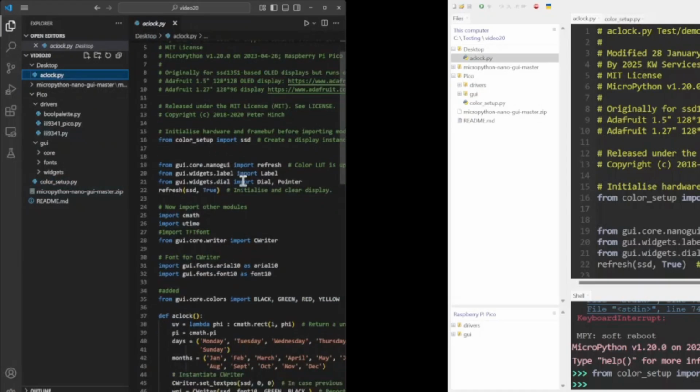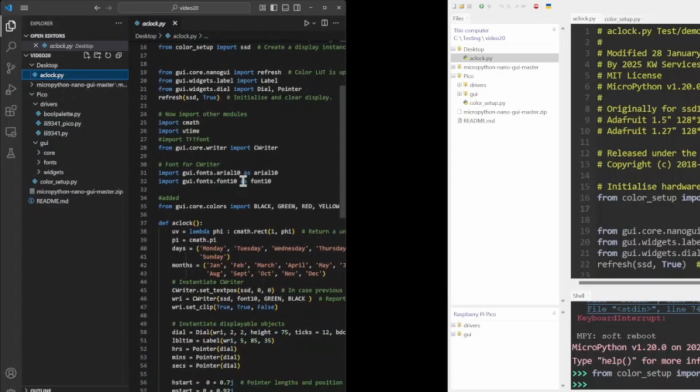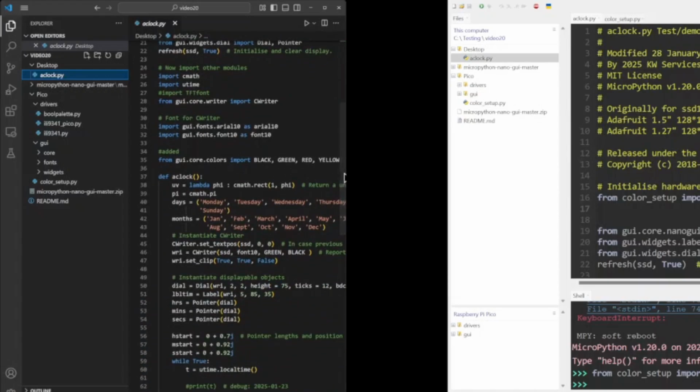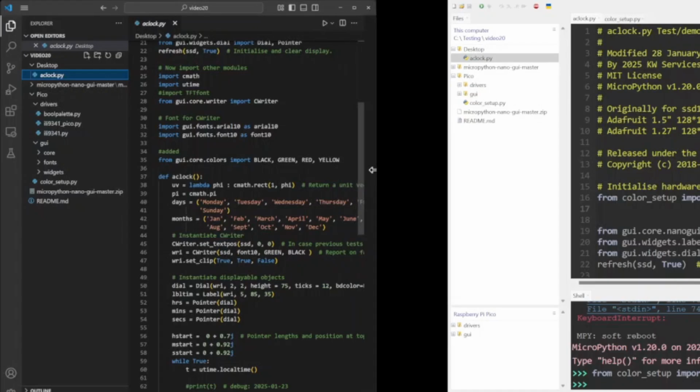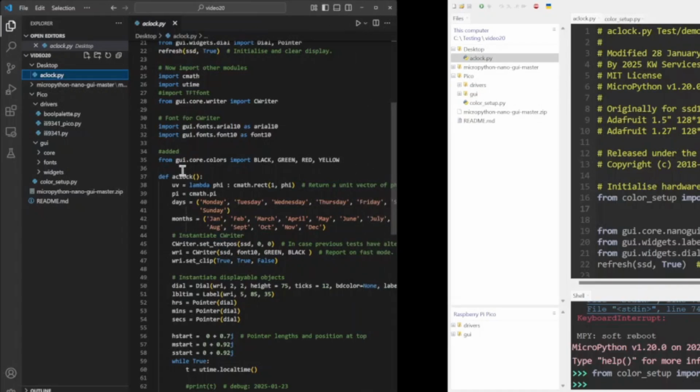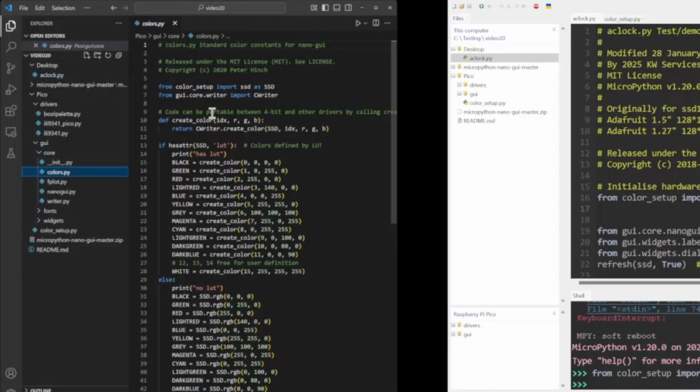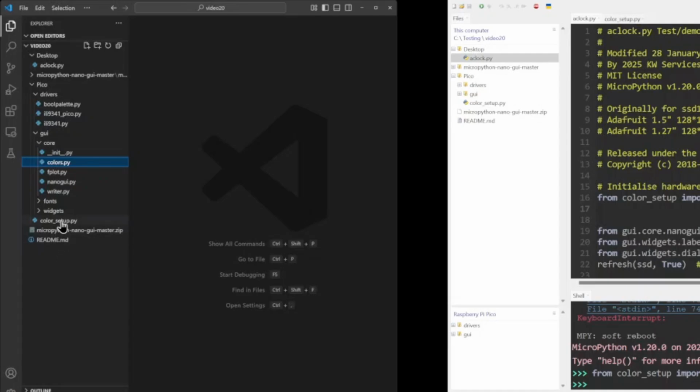Okay. And the only other change I made was I added this line at the end of the imports for the colors black, green, red, and yellow. And that is because even though the colors should show up here based on this file, they do not. So I had trouble, perhaps I removed a reference that I shouldn't have, but for now, to solve that problem,